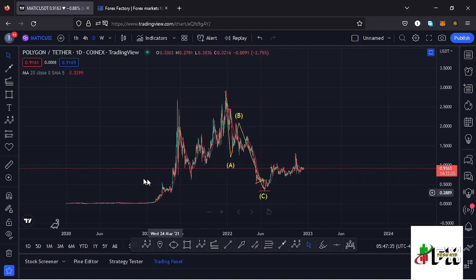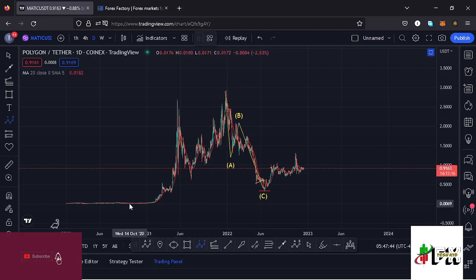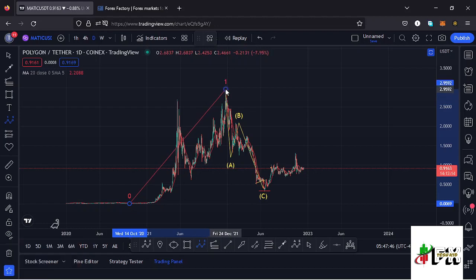So Polygon Matic, from these low prices that it had been trading within, we saw a very nice impulsive movement taking us to an all-time high at around the $2.9 mark, in a movement that I'm terming as a higher Elliott wave count 1 to the upside. And after seeing that higher Elliott wave count 1, what we expect is a corrective structure in the formation of